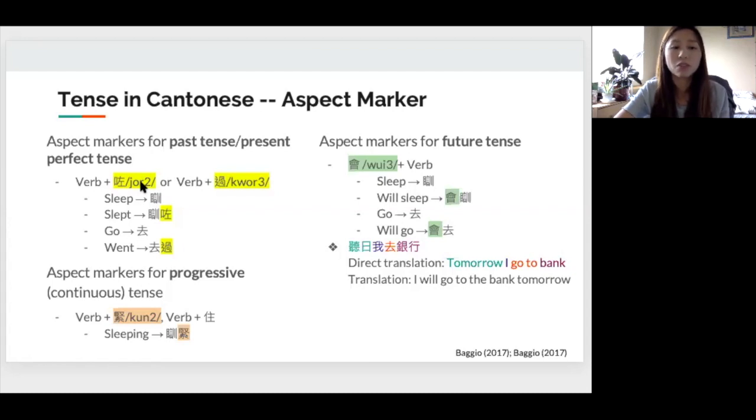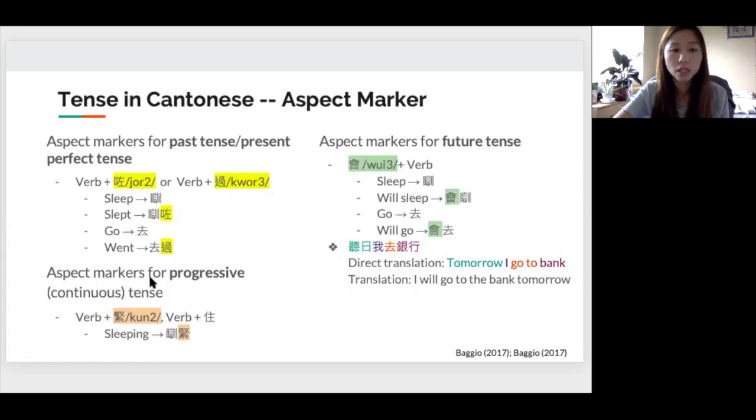If you want to express the fact that you have experienced this action before, then using 过 is more appropriate. For example, I have listened to this song before, then it will be appropriate to use 过。我聽過呢首歌。